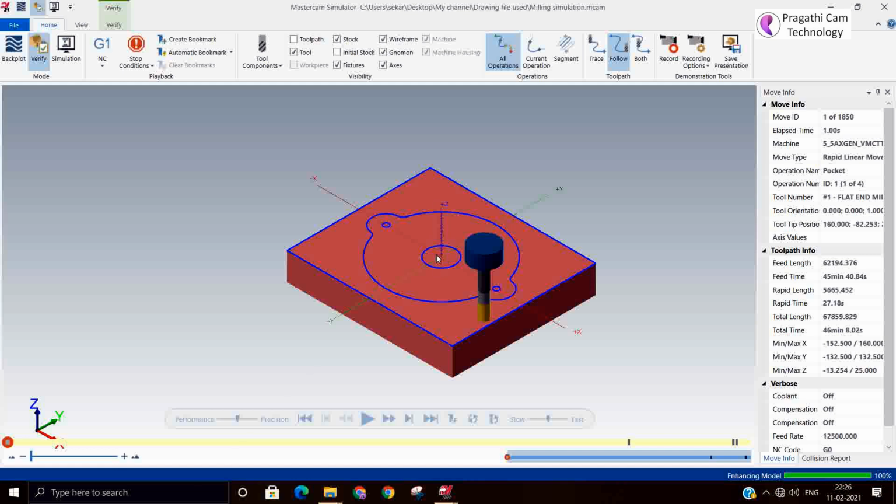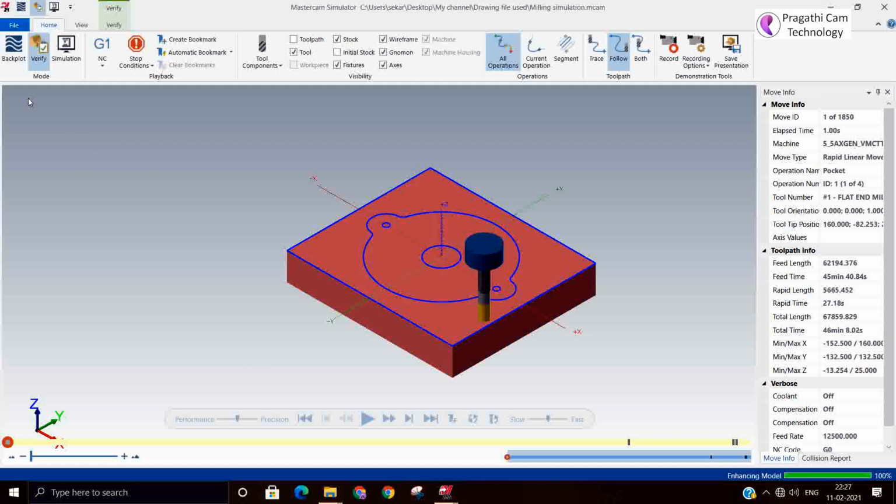The same setting you have done in Mastercam, the same way you have to set in the machine. Then only it will reproduce in the machine.